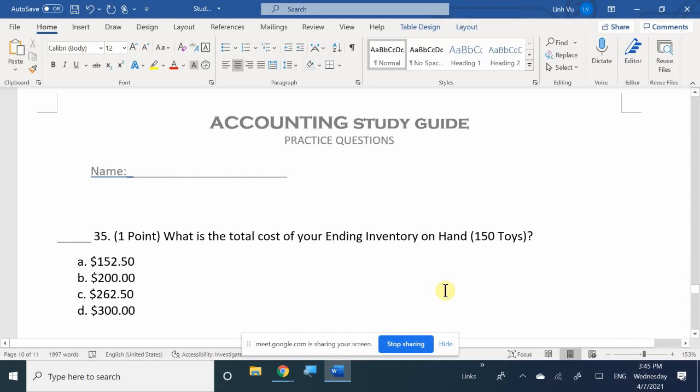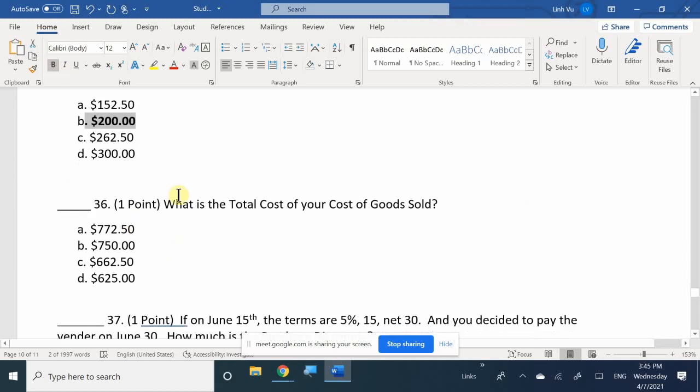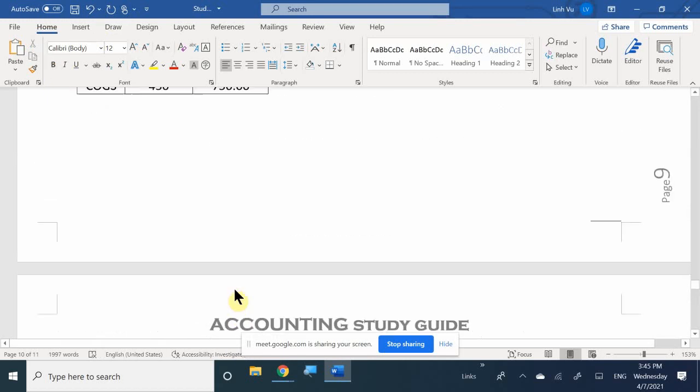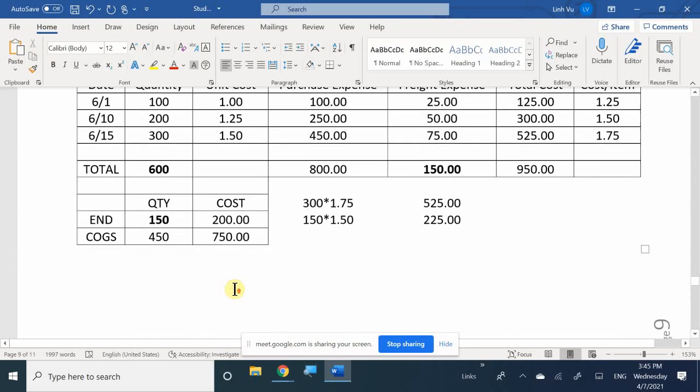Okay, so let's answer the questions. What is the total cost of your ending inventory? B, 200. What is the total cost of your cost of goods sold? B, 750. Good. Like I've mentioned before, this is a perfect example